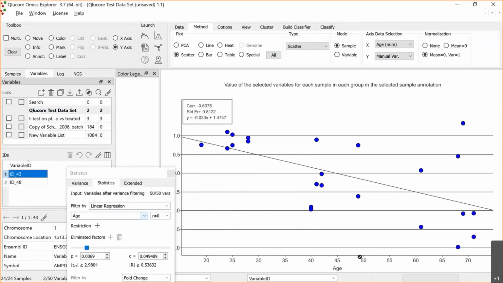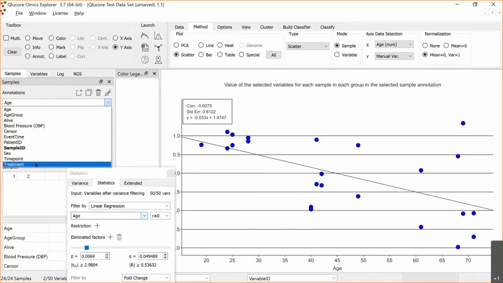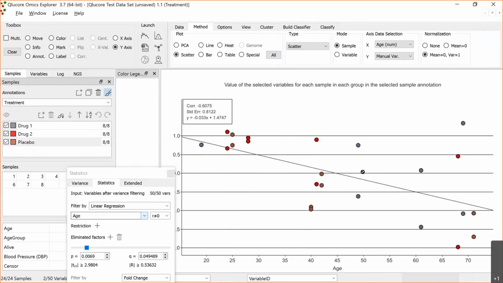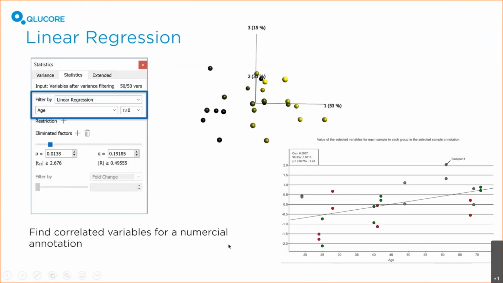And I can also, if I want, color on something else, maybe treatment, for instance, then I get some information there. So this is useful when you have a truly numerical annotation. It only works if you only have numbers. But sometimes you also have